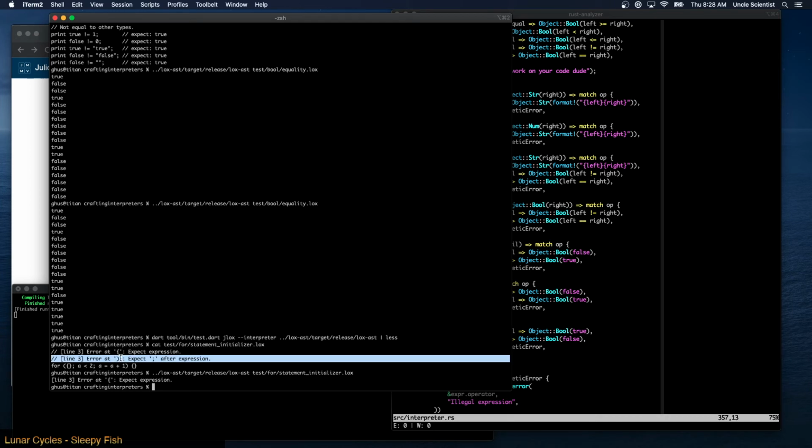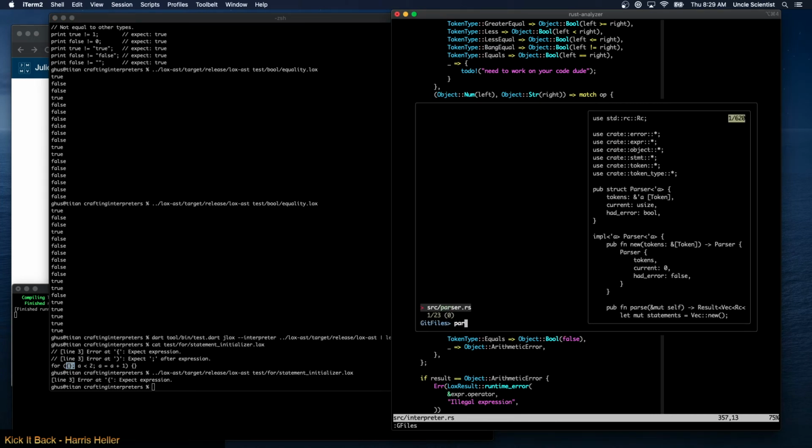Error at close paren, expect semicolon after expression. Why is it doing this, though, on line 3? Well, maybe it's ignoring this whole thing altogether, and then thinking that this is the initializer, this is the comparison, and it's expecting the incrementer here.